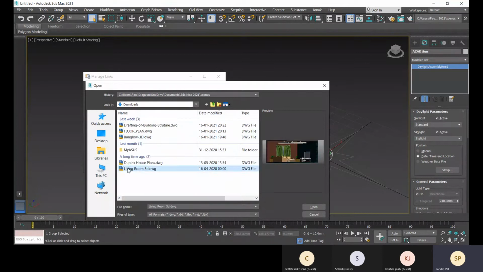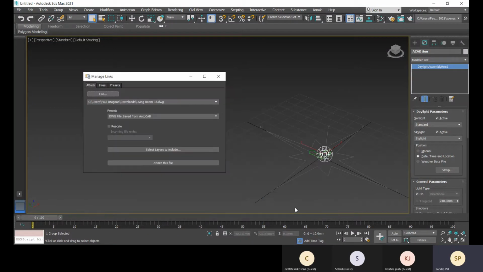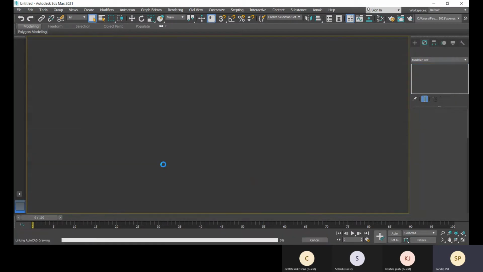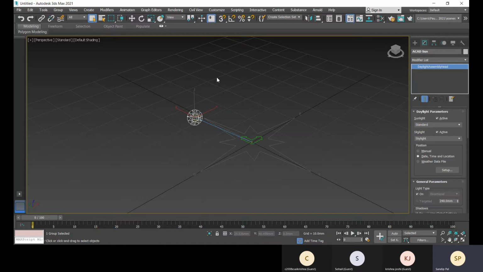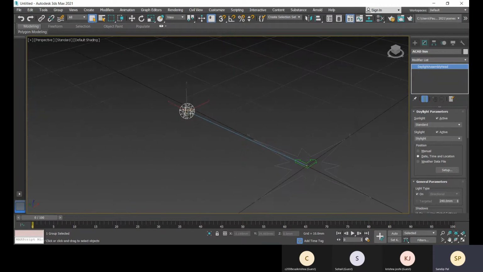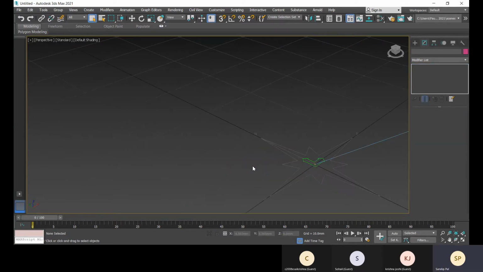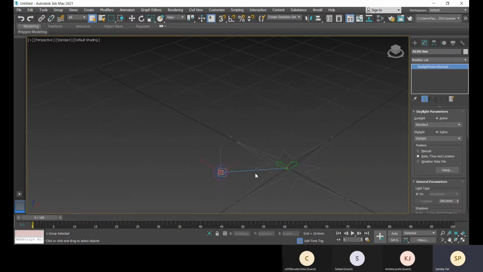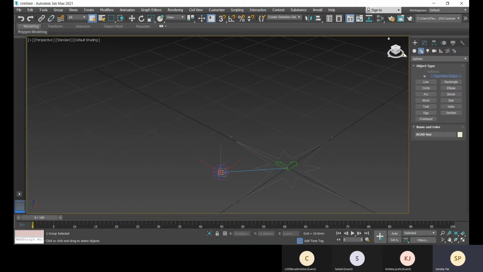Downloads. Pin, then attach this file. Where's the file?